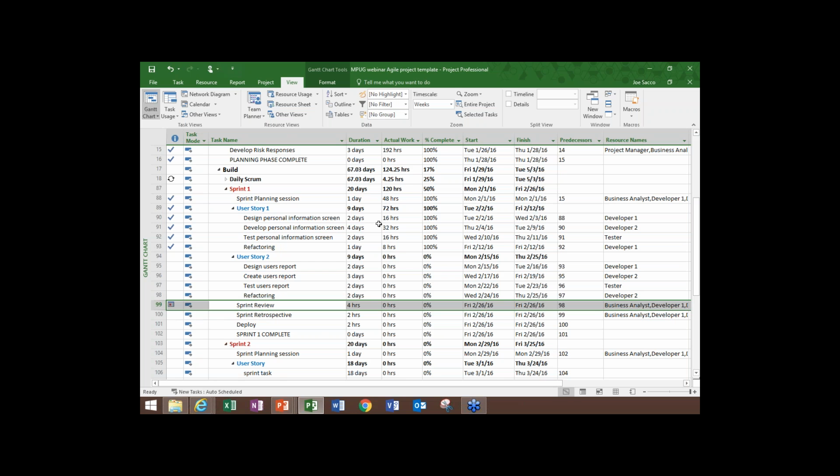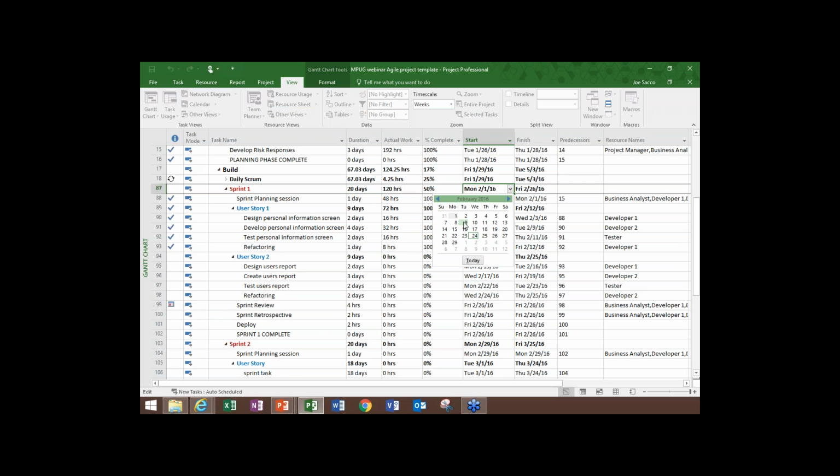Now if I go back to the sprint and I look at the calendar, I can see that that is my 4 weeks. So I started the first day of February, 1, 2, 3, 4. I end on the 26th. Okay, so I've got 20 work days to accomplish what I need to during that sprint. Just to give you an idea how you can time box that.